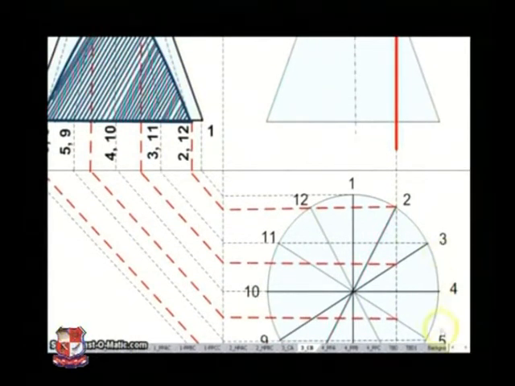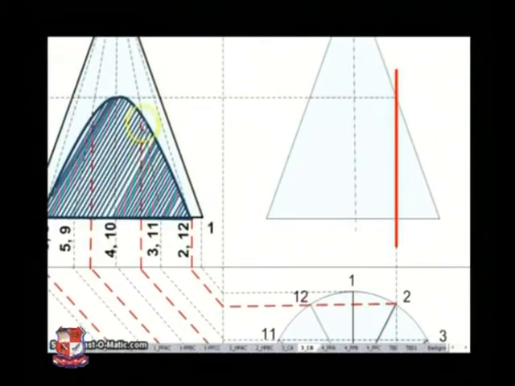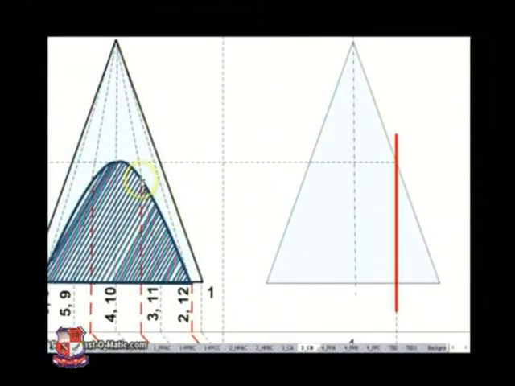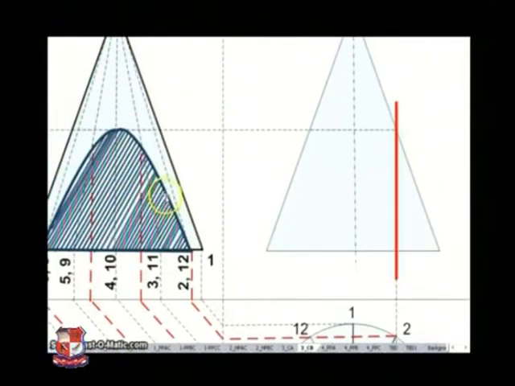Now once I extend those lines, it is shown by the red here. So it goes here. This is your first starting point. Then when it is hitting number 3, it will intersect here. So this is the number 3 point. Then the red line intersects here, so that's the second point. The third point will be here, which is coming from the front view. So this will be your third point here.